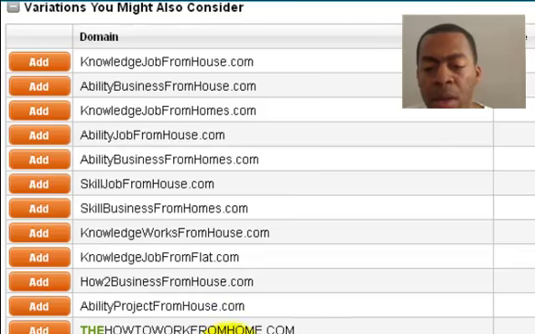Now, SITE, site, is basically an abbreviation for website. So this one you can consider howtoworkfromhomesite.com. Okay. Now, like I said, this is only an example. I personally wouldn't use this website address name, but in order for you to get an idea of something that